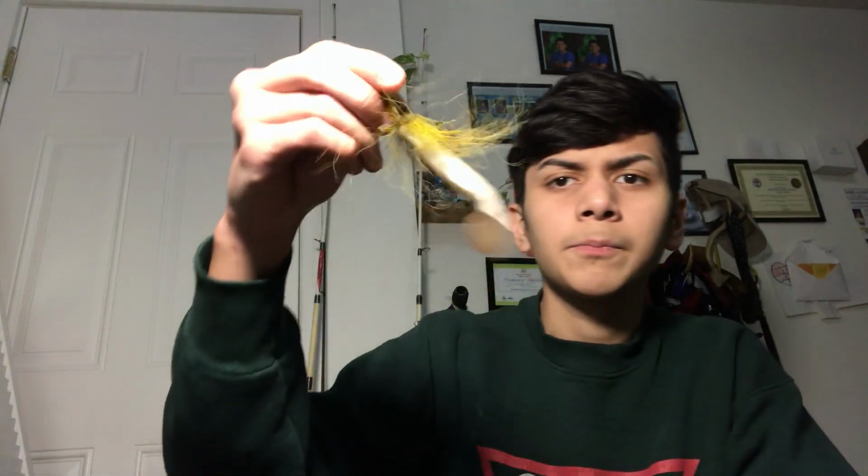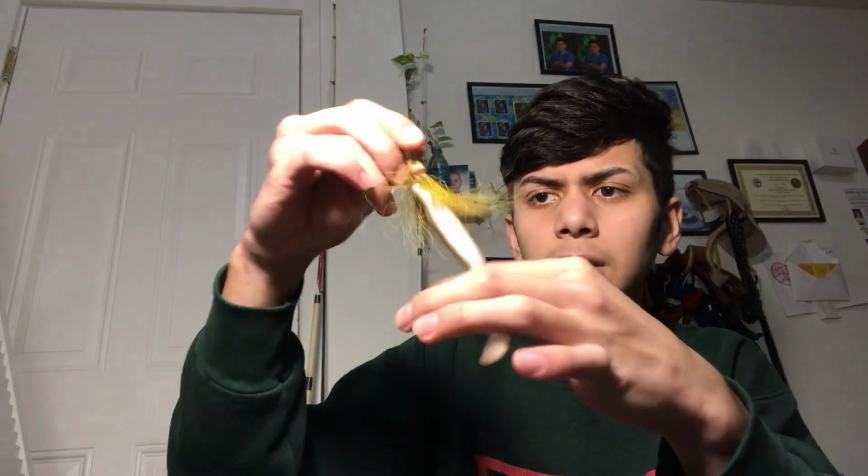Honestly, there's usually big minnows. In summer it gets crazy, because in summer mud minnows and other types of minnows, usually you can see them or catch them this big, but in summertime for some reason at the Potomac River they get super big, like half the size of my hand. So like this, it's a good